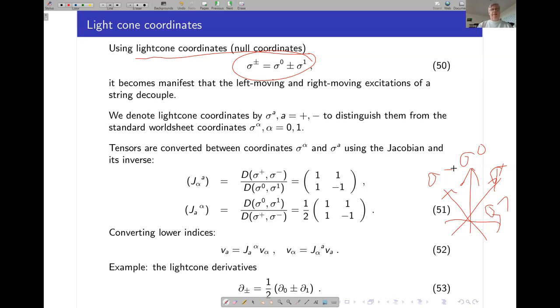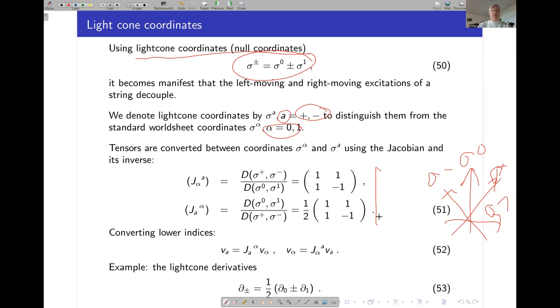But first, let's see how we can rewrite everything in terms of light-cone coordinates. My notation convention is that the light-cone indices take values plus and minus, and I use letters like A, B, C to distinguish them from standard worldsheet coordinates where alpha runs from 0 to 1, and where one coordinate is time-like and the other is space-like. The general rule for converting tensors is that you have to use the Jacobian of the coordinate transformation, which I've given you here in Formula 51 for reference, and then you can convert lower and upper indices between the two types